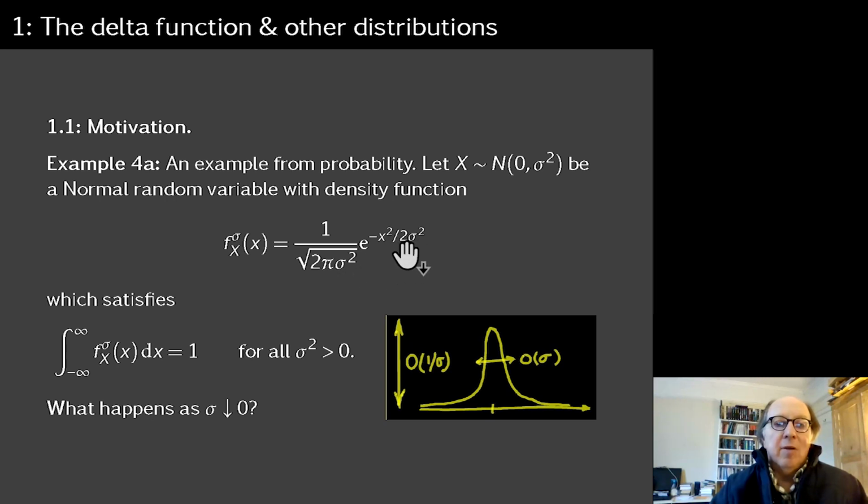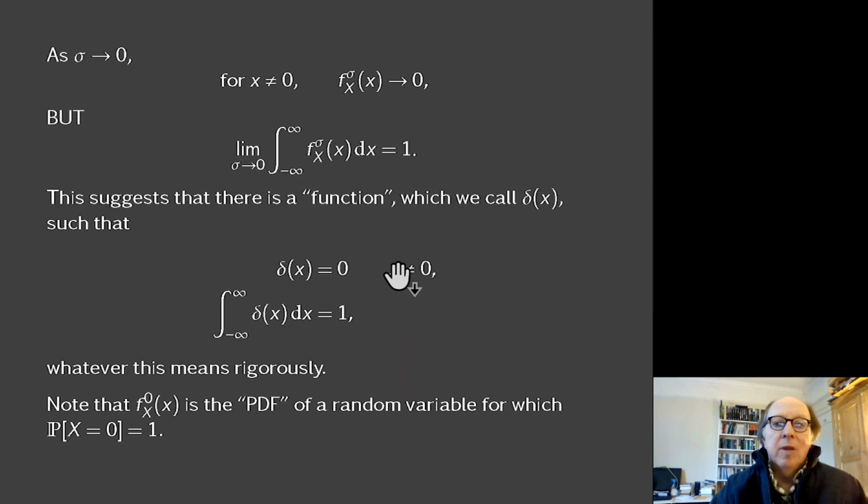But then we have e to the minus x squared over 2 sigma squared. For any x not equal to 0, e to the minus something over sigma squared goes to 0 far, far faster than 1 over sigma goes to infinity. So the limit for x non-zero is 0, but now you put x equal to 0, and this thing is 1 all the time, whatever sigma is, and so the limit is infinity. So the limit function isn't a function at all, because it's 0 everywhere else, that's okay, but it's infinity at the origin.